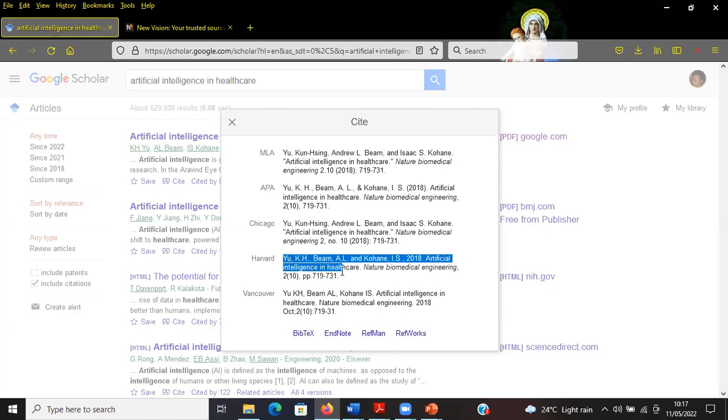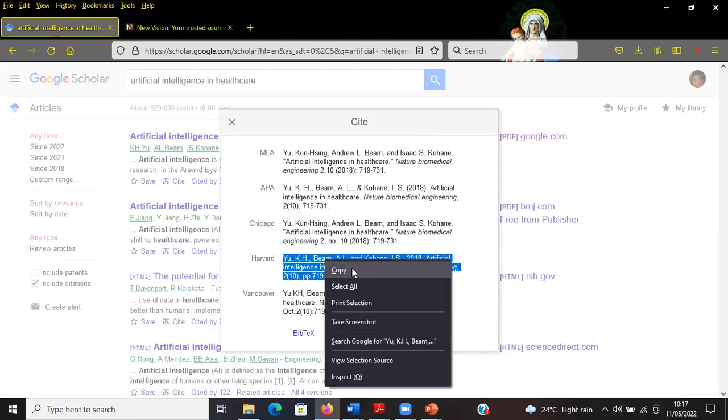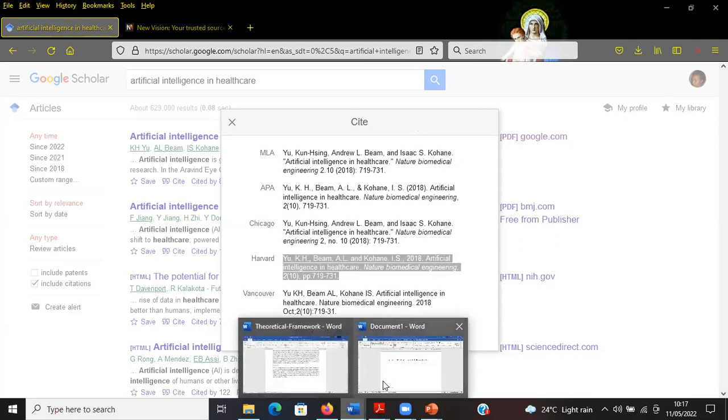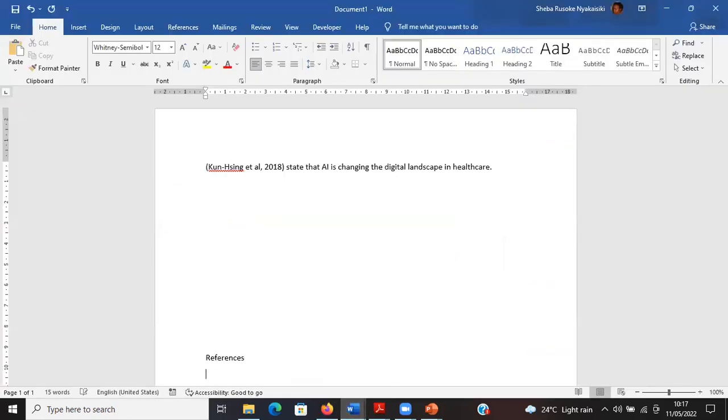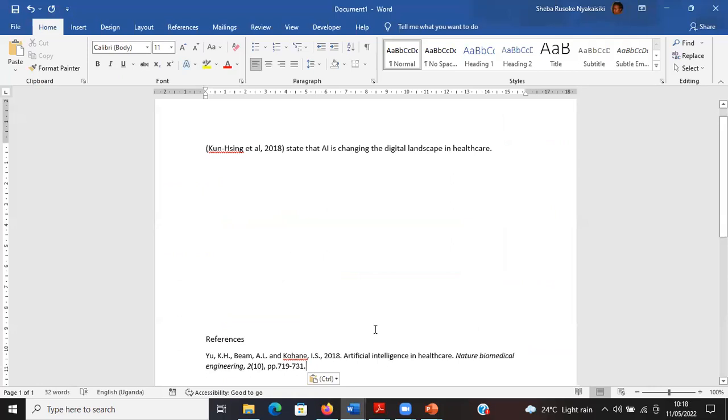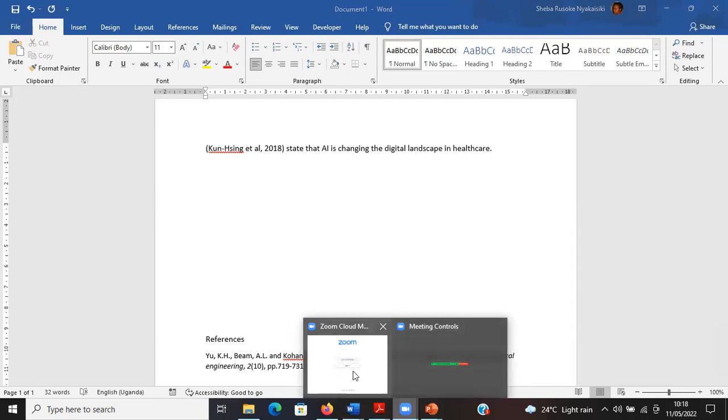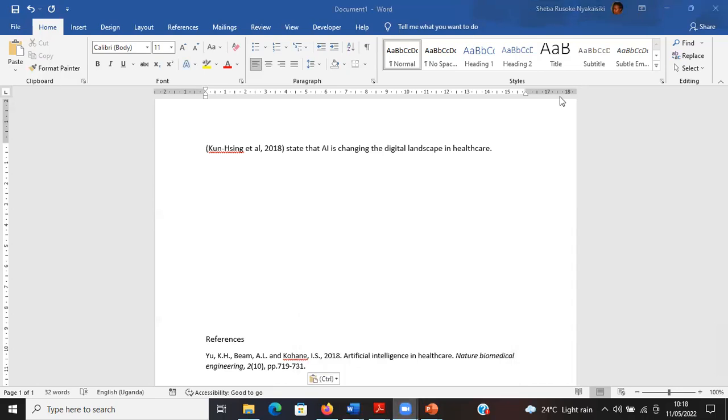So you simply click on that format, you select that bibliography, I right click, I copy, and then I can come here and put it under my references. Have you all seen that? Yes. So far we are together on this.